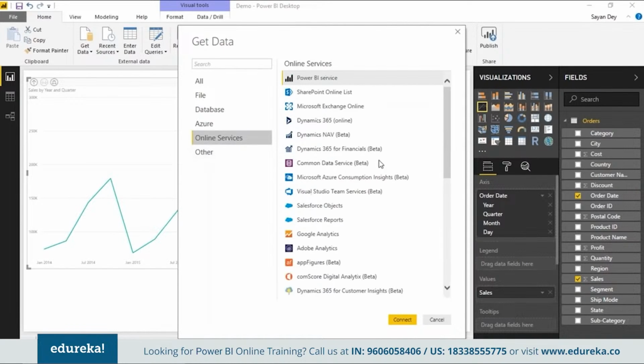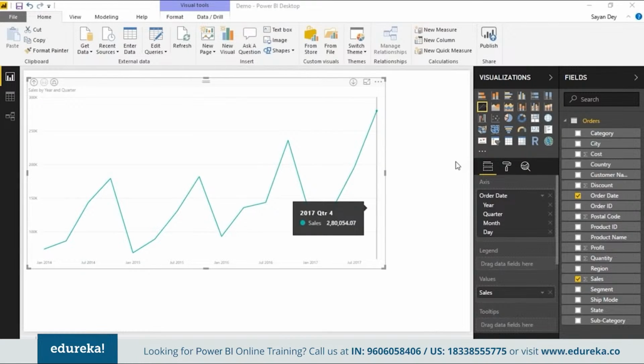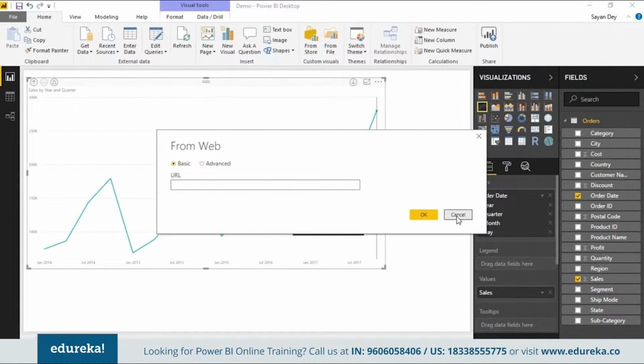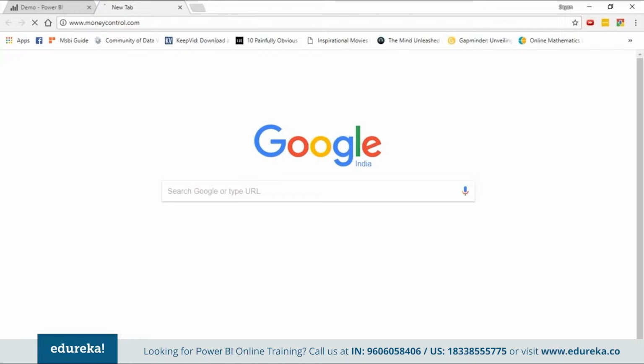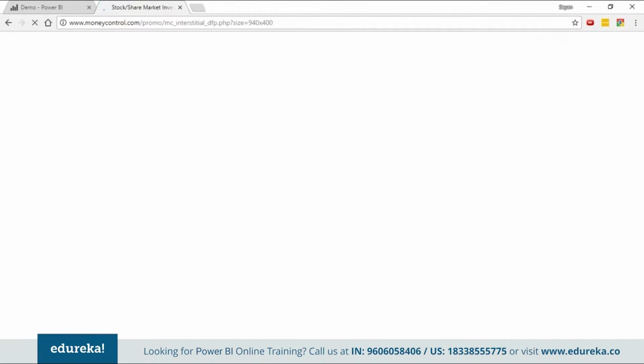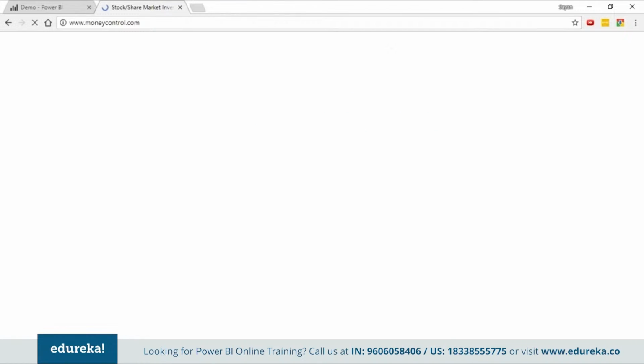And online services, this list just keeps growing. Azure services, and it's a pretty cool list of services and sources you can connect to. Another very interesting option is web data. Just to give an example on this, you can very easily connect to web data, and I'll take an example of Moneycontrol. Probably we can go online and I'll search for the website Moneycontrol. And this is again to highlight how easy it is to connect to web data in Power BI. Typically it might involve writing a lot of scripts. If you just want to quickly connect to a website and take some tabular data from there, you can skip all the scripting and just connect to the data directly.